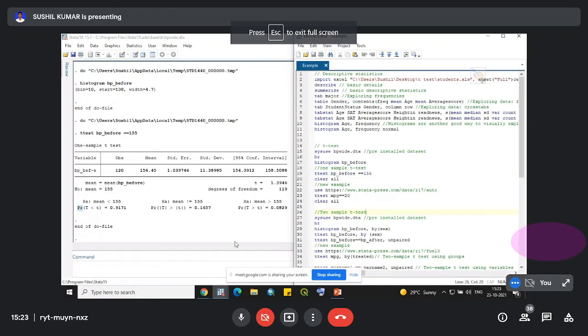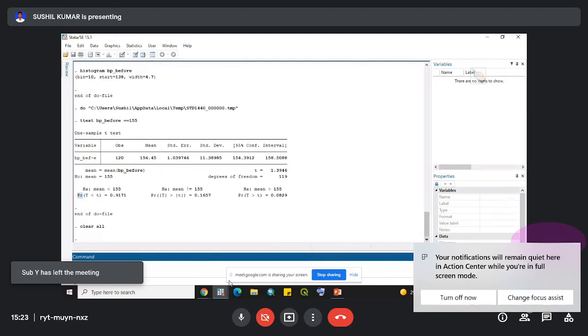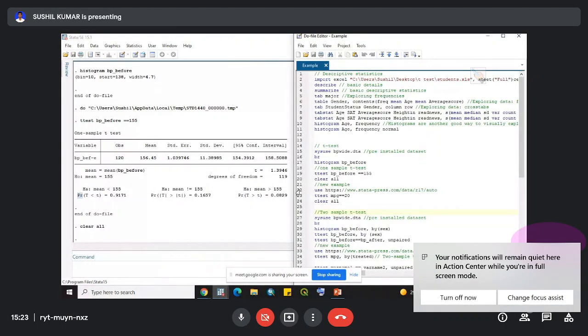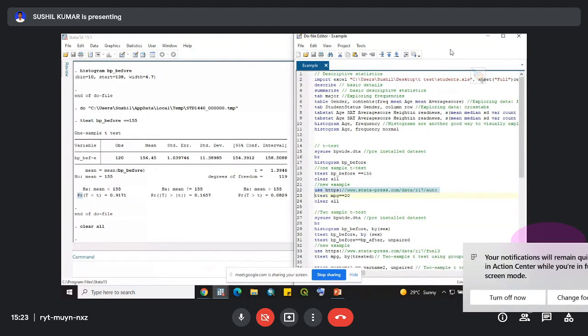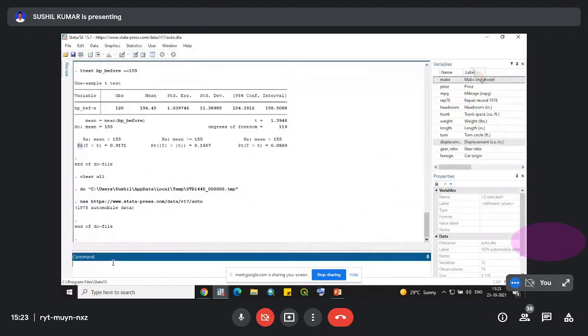We can take another example. Let me clear this data. Another example I have used is automobile data. Now you can see the data set over here. There are a few variables. First of all, let's check the data.